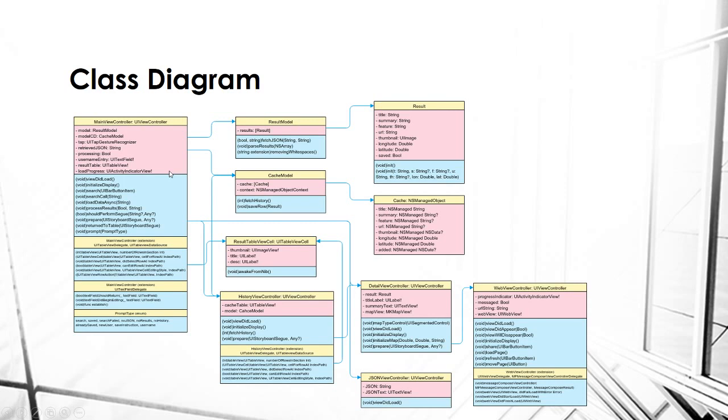So let's jump into the class diagram. Everything, like I said before, is based off of this main view controller, which is the main UI